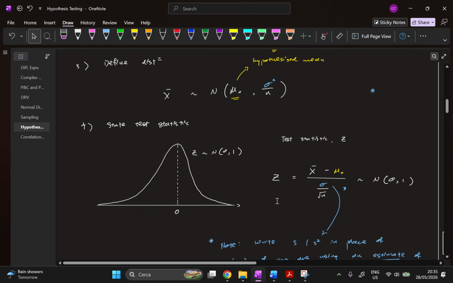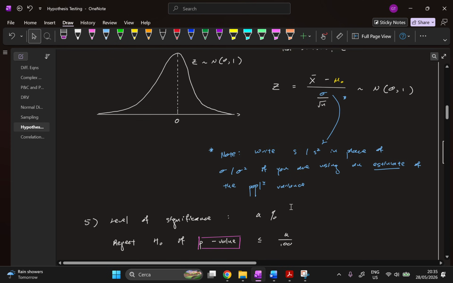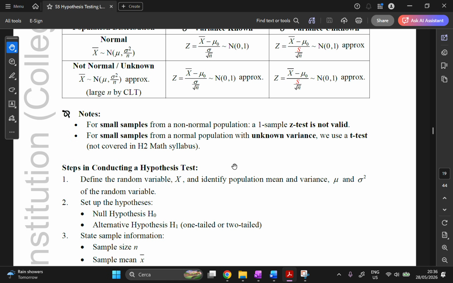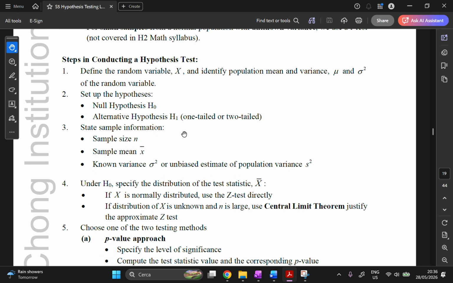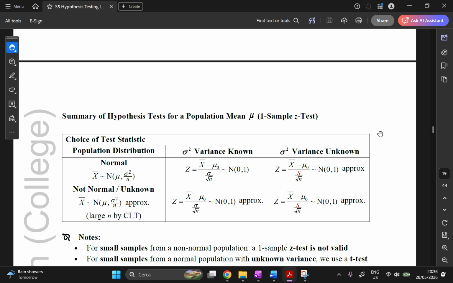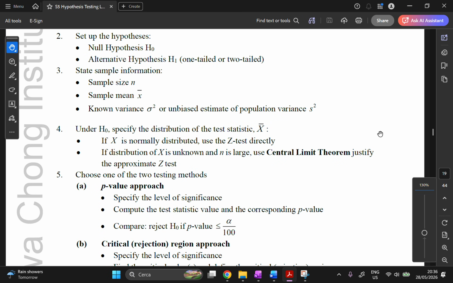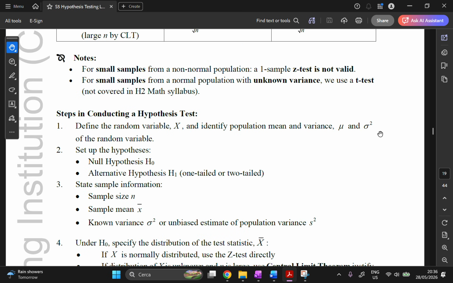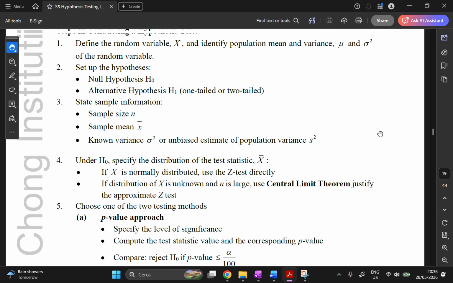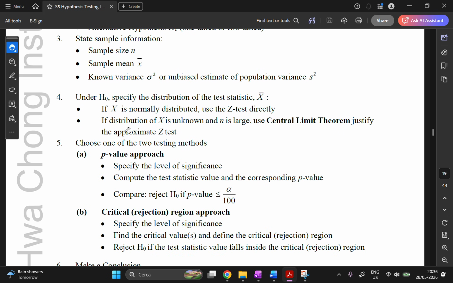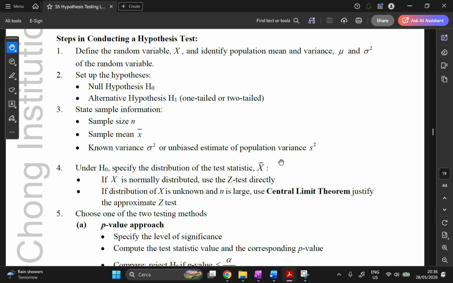I don't think I'm going to go through my personal notes on this one. I'm just going to refer you to this part which is in your notes: Steps in conducting a hypothesis test. I think Mr. Ng Se Tiong went through it quite thoroughly in this lecture video, which was very well done for this topic. So you can just go back to the lecture videos for the examples and all that. But a lot of people forget that you need to state both the